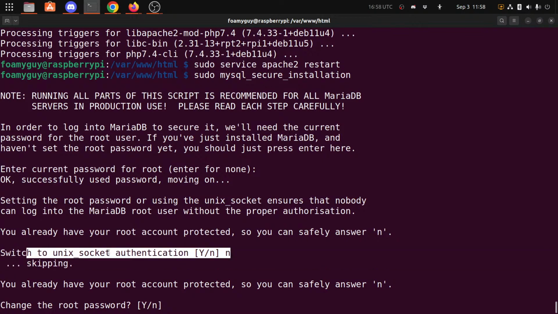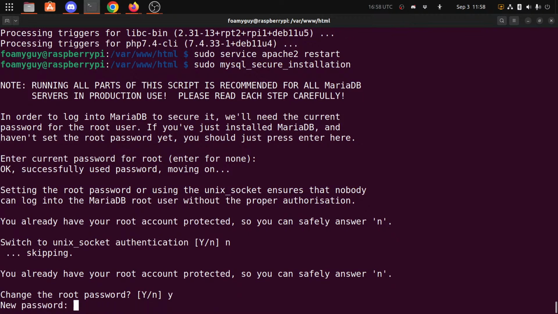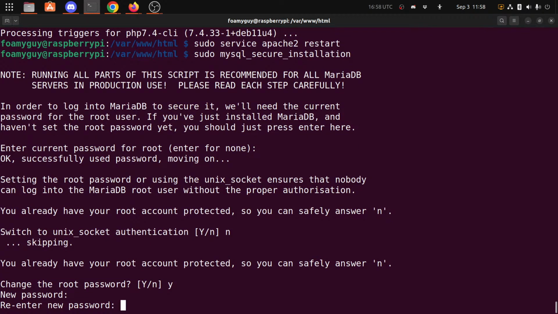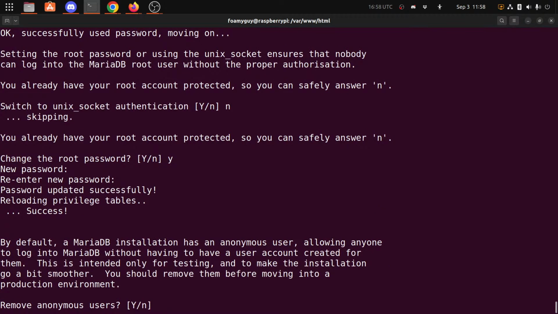But the first question for me was Unix socket. Now it says change the root password, and yes, we do. New password. Oh, sorry, that was probably loud. Okay, new password set. Okay, reloading, success. Okay, by default, MariaDB installation has an anonymous user, allowing anyone to log into the DB without